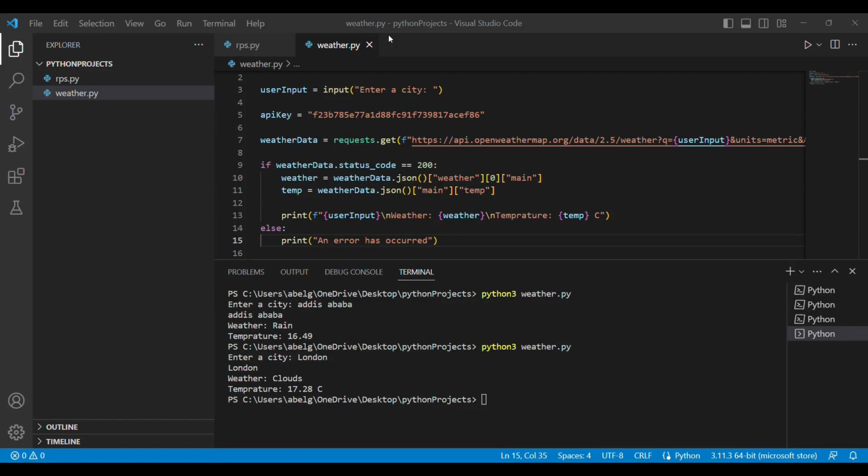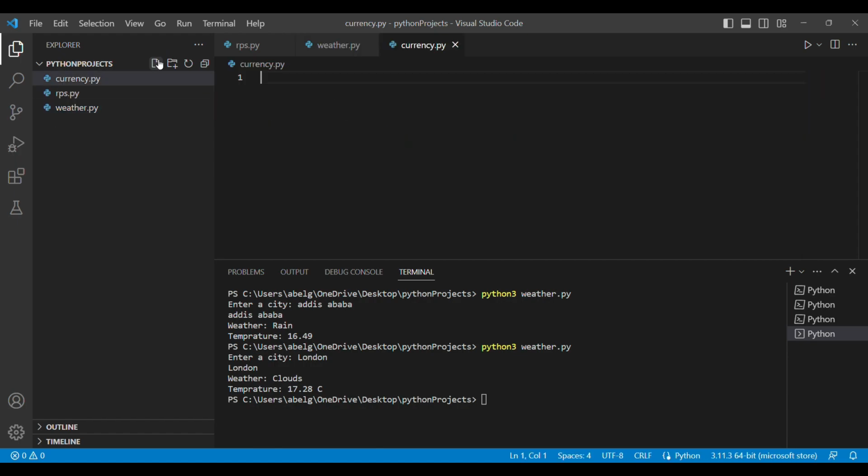Today we're going to be looking at a new project, which is a currency converter application. So in this project, we're going to be using concepts we've learned in the Learn Python playlist and also concepts we've learned from previous projects in this playlist. So we're going to create a new file. We're going to call it